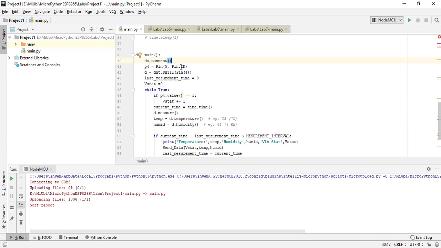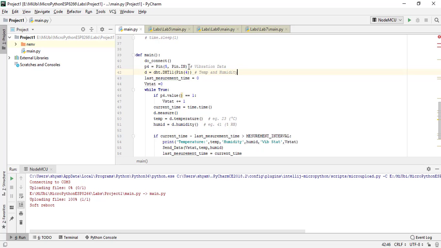I want to access pin number 5. This pin I am using for vibration data. And this particular pin number 4, the schematic is the same as you have done in previous labs, nothing strange. This is for temperature and humidity data, and that one wire pin.